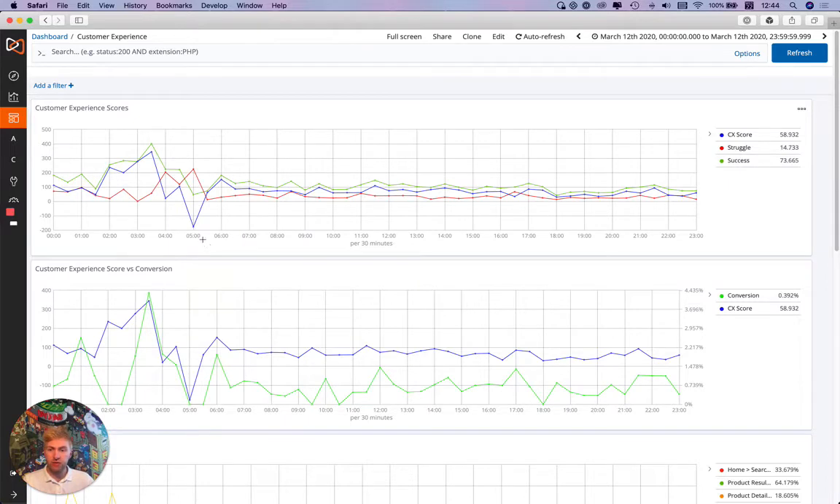In this example, we can see the customer experience score has taken this huge dive here at this 5 a.m. time. In general, as you can see, it's pretty stable, and that's what we would expect. So there's obviously been an incident here, and that's why we've had that alert. So we can see struggle has increased, success has decreased, and that's led to this really low score. So what we want to do now is work our way through this dashboard and diagnose exactly what's gone wrong